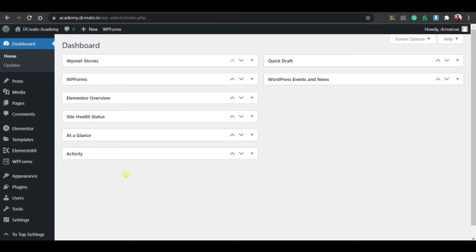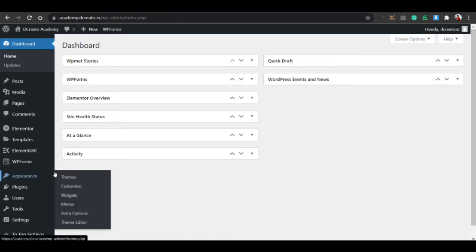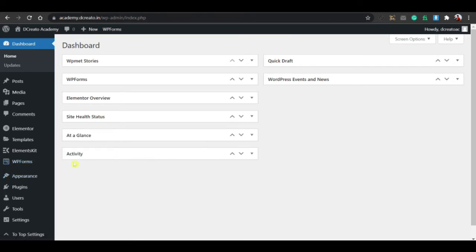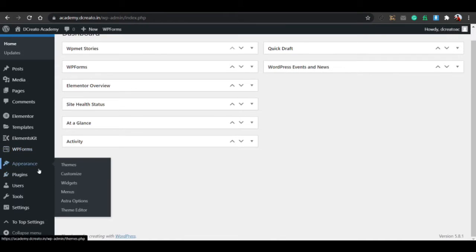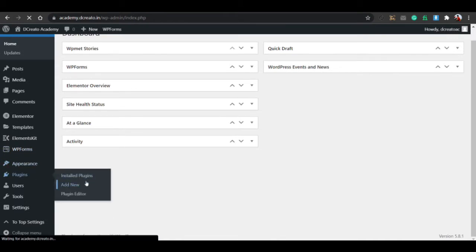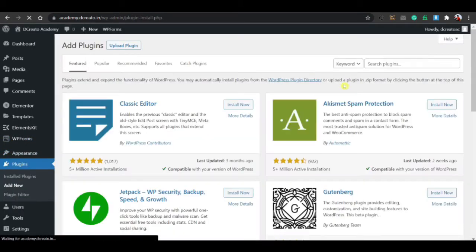I'm using only WP Forms, not any booking plugin or anything. I only use WP Forms to create an appointment form. This is so simple to use, because for a booking plugin you have to pay, but here I don't use any paid plugin. That's why I'm using only WP Forms. You can also use all types of booking forms here, but I am showing you only the free plugin.